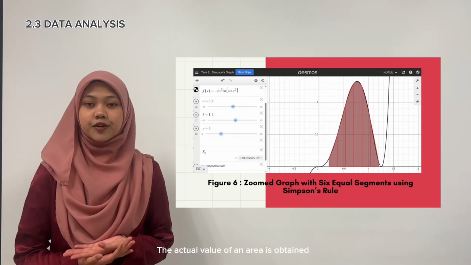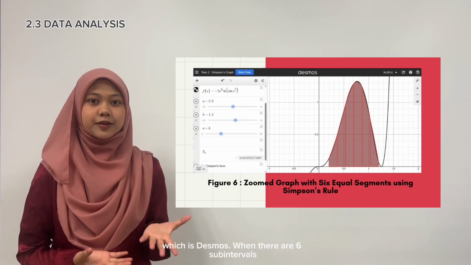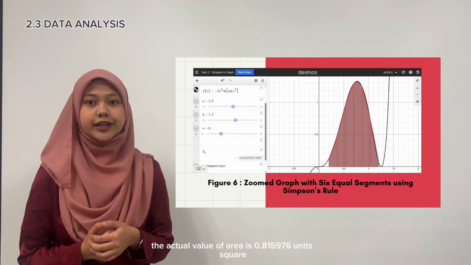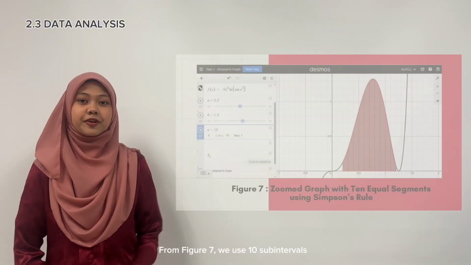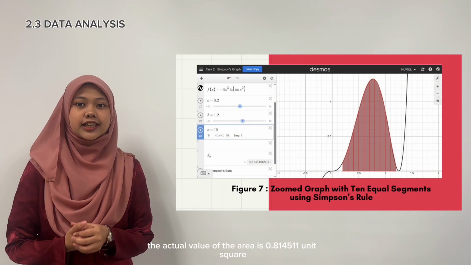The actual value of an area is obtained by a graph on an online website which is Desmos. When there are 6 subintervals, the actual value of area is 0.815976 units square. From figure 7, we use 10 subintervals. The actual value of the area is